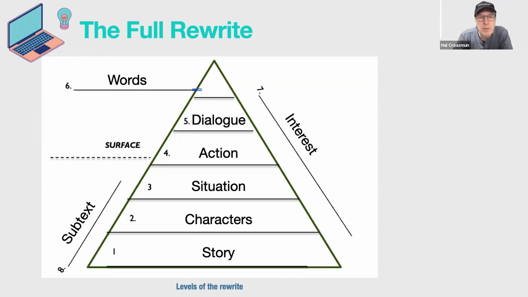But if you look at this surface line, a lot of action plays above the deeper meaning. It's on the surface. Somebody says, hey, let's go for a drive, and then they get in the car. The action and the dialogue actually matched. It was all 100% on the surface.